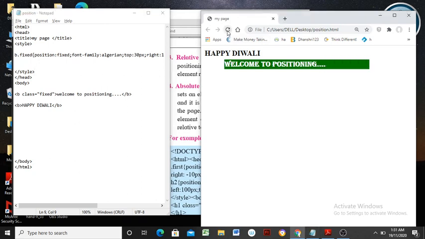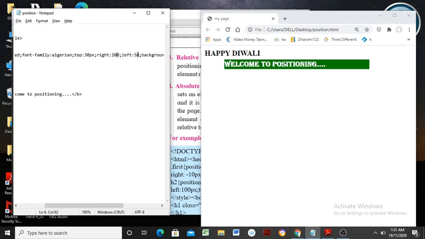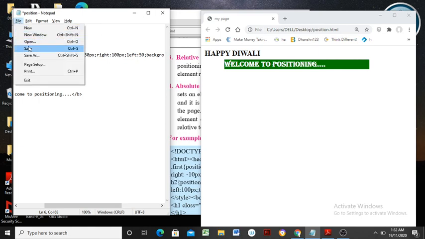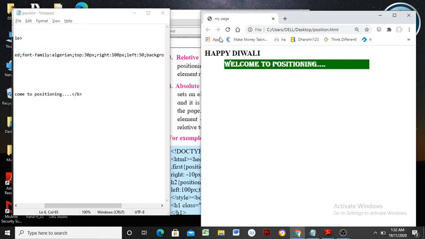Yes, the length of the background color is extended by leaving a space of 100 pixels at right, as given here, right equal to 100 pixel. So such a space of 100 pixels will be left here.